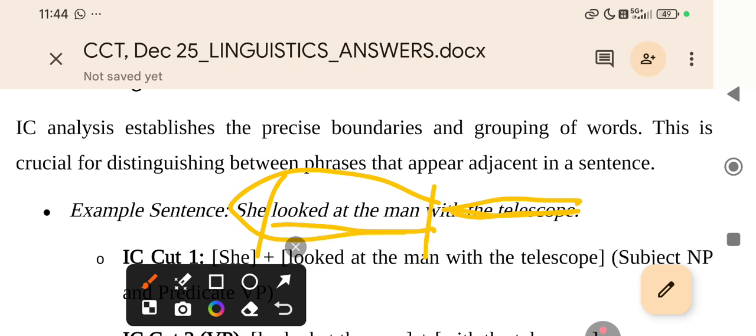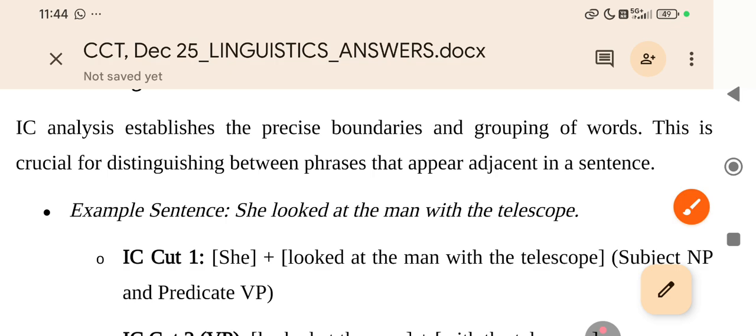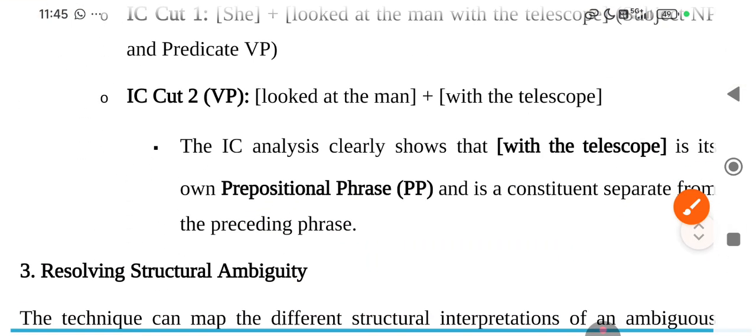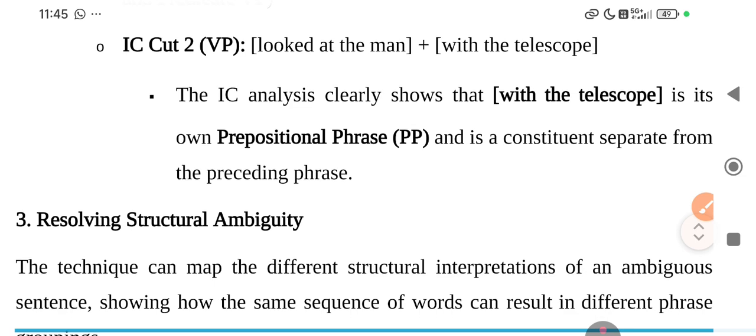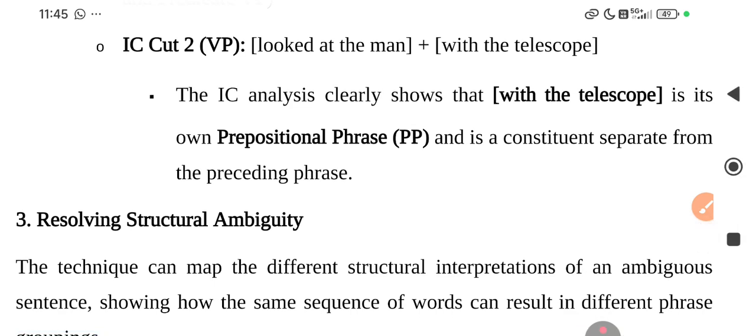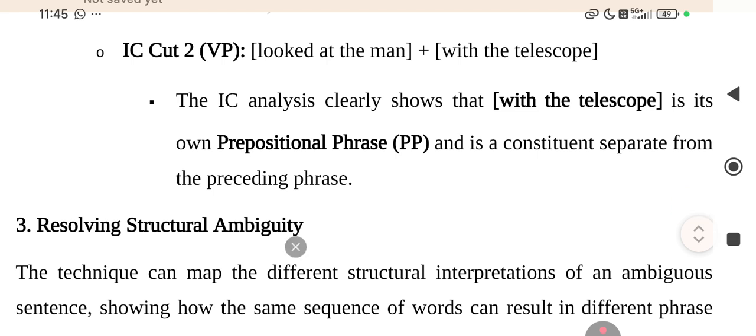She looked at the man. That's clear. She looked at the man. Now we add with the telescope. So that is not related with look the man. That is different. So here the IC analysis clearly shows that with the telescope, this phrase with the telescope is